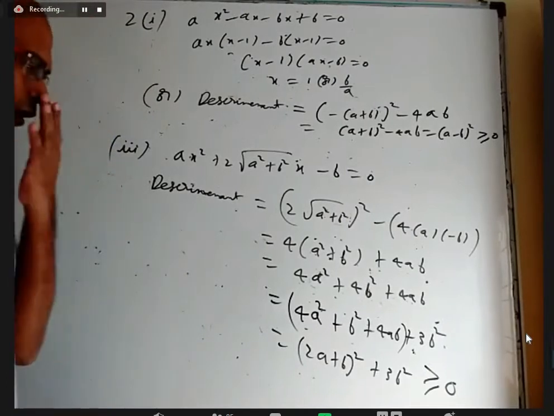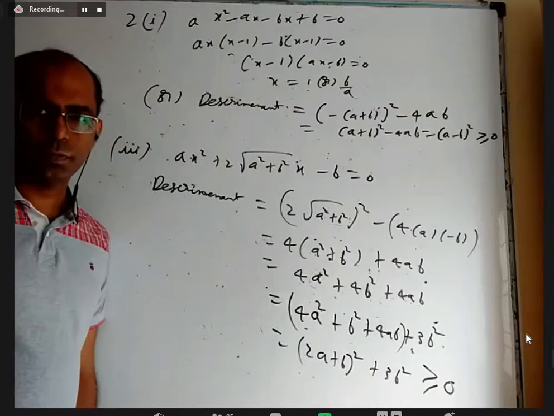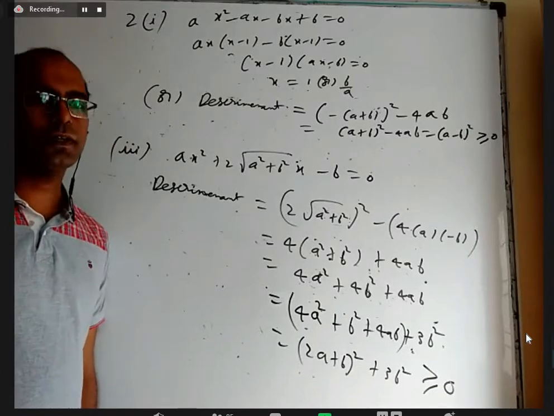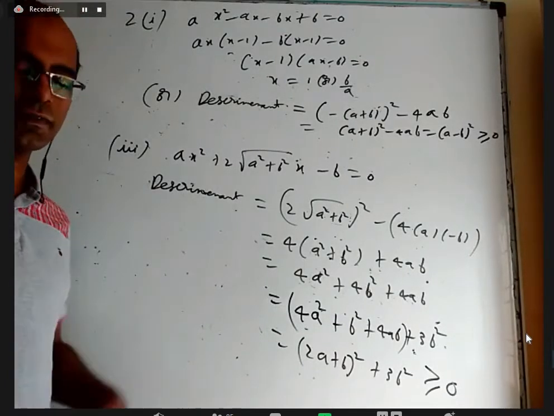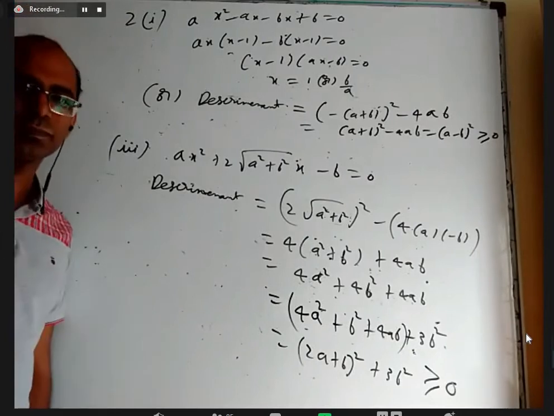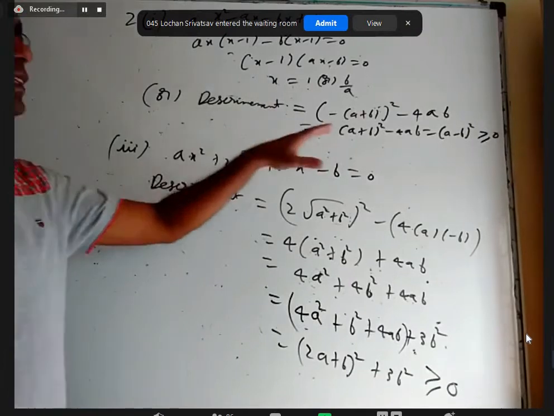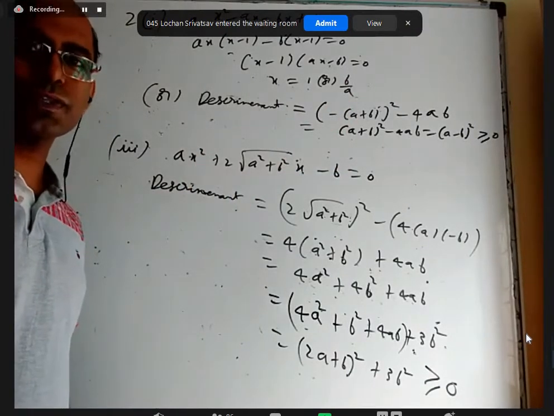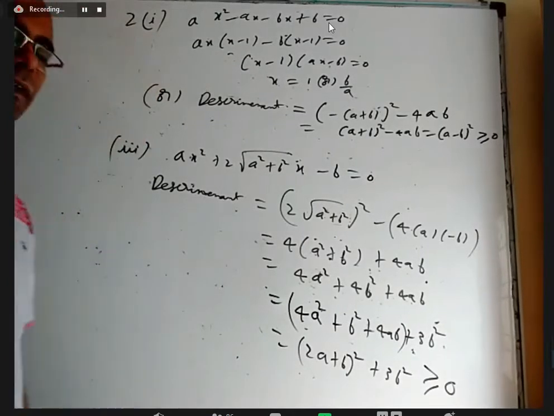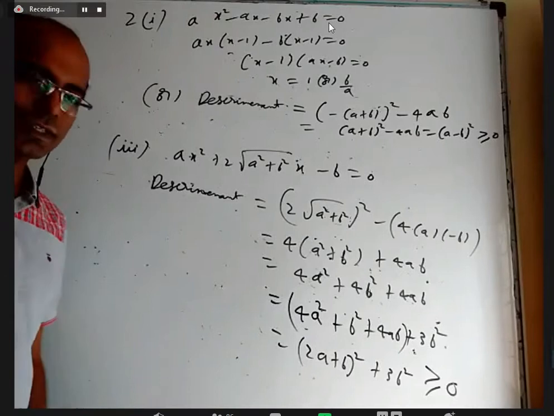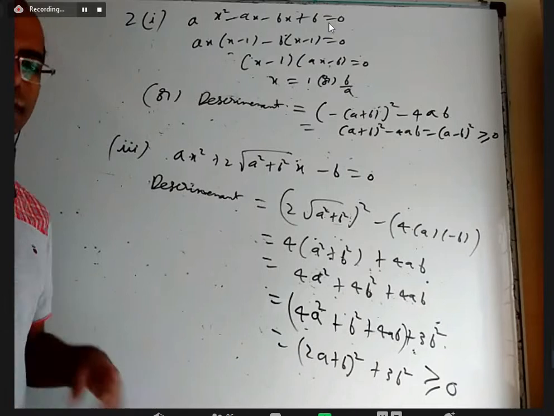Both in JEE Mains and JEE Advanced exams, quadratic equations are a very important topic. Every year they will give questions. But don't think quadratic equations is an easy chapter. I personally feel it is one of the difficult chapters. It depends on how many types of questions you came across. We know the discriminant is greater than or equal to 0, roots are real, but in all questions it may not be easy to identify whether the discriminant is positive or negative, or to justify it. Anyway, we'll discuss quadratic equations thoroughly in second year. In intermediate itself we have the chapter for the board exam, and for Mains and Advanced also we'll revise thoroughly.